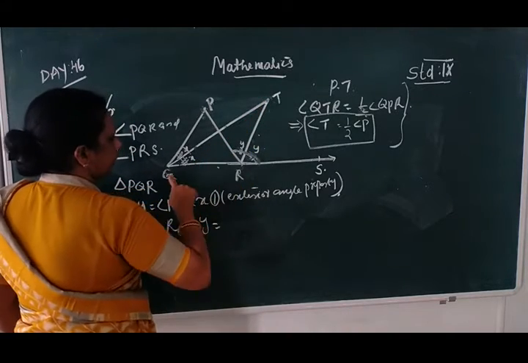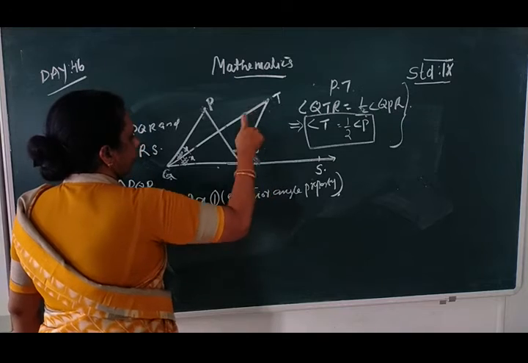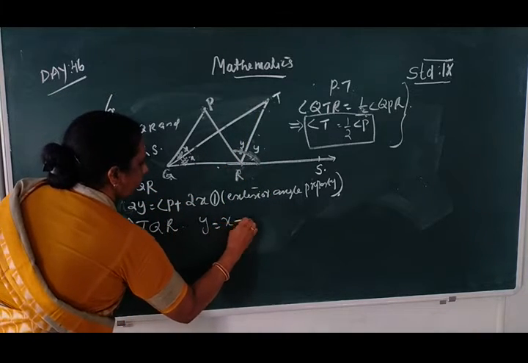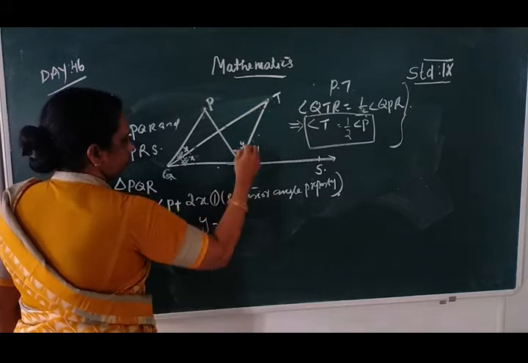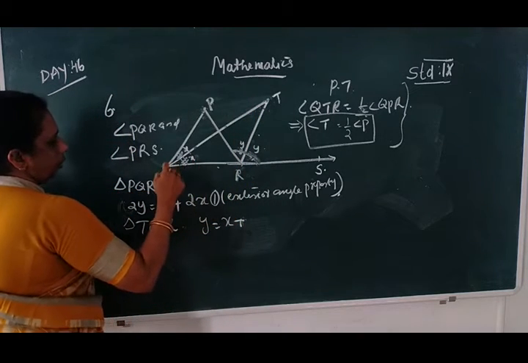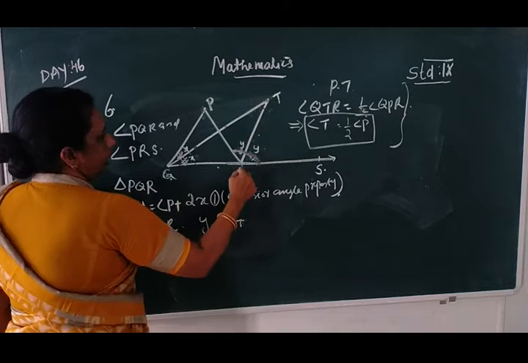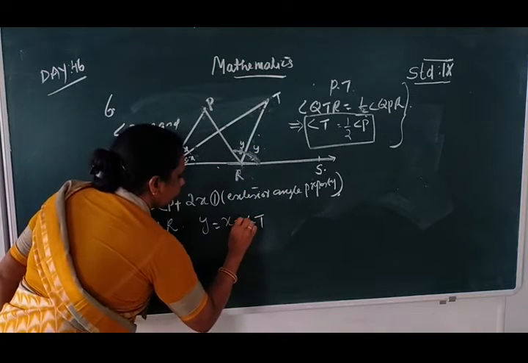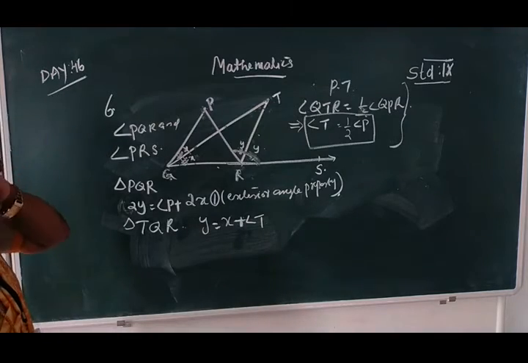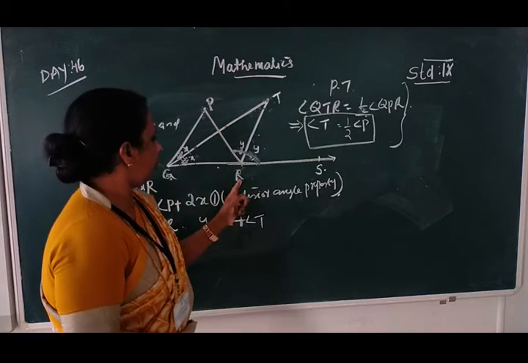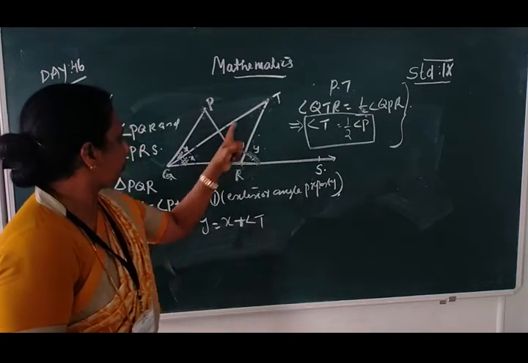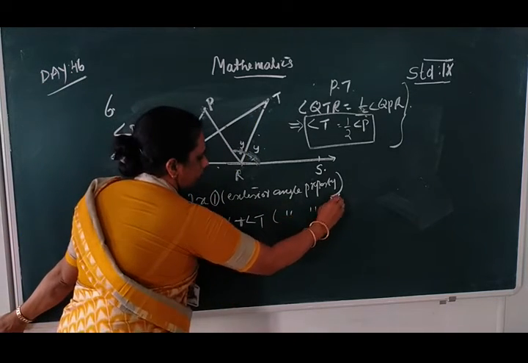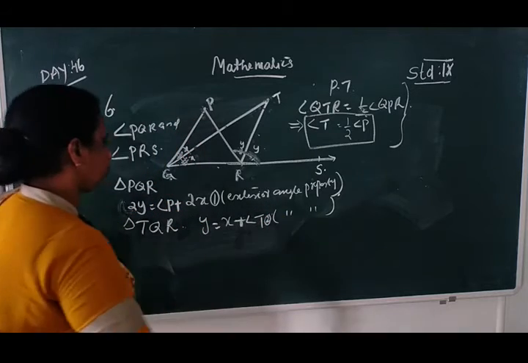That's only this triangle TQR. This is the exterior angle, which is the sum of its interior opposite angles. That is only angle x plus angle QTR. Simply I write only angle T. Understood? Consider the angle TQR. This exterior angle is equal to the sum of these two angles, by using which theorem? Exterior angle theorem. This is equation number 2.